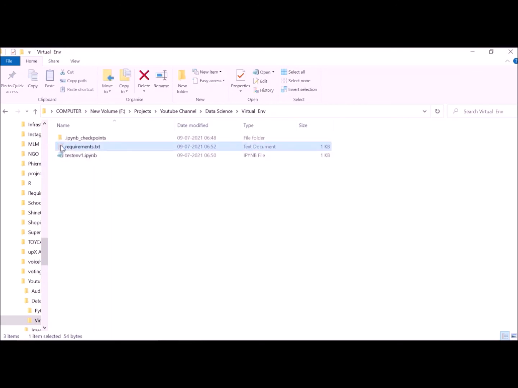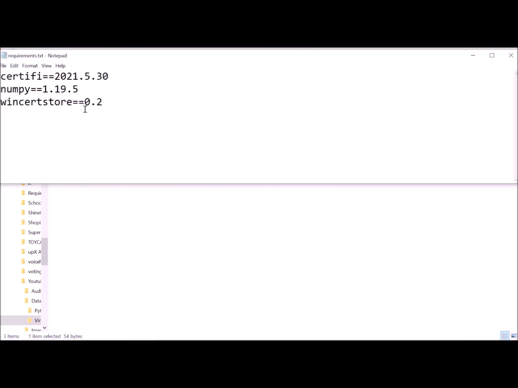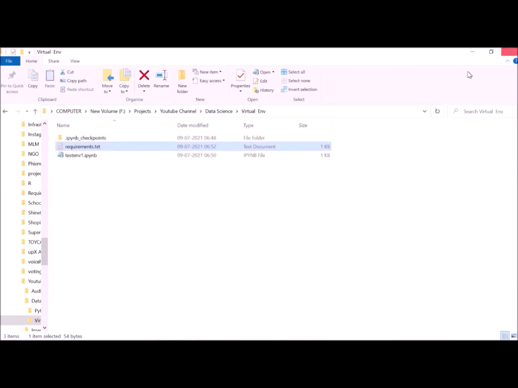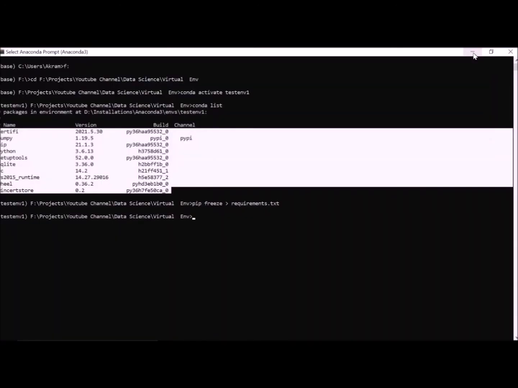Okay, see here. These are the base libraries. Many others are default libraries, so they will install automatically, but he will have to install all these libraries. So I think you now understand the use of a virtual environment.